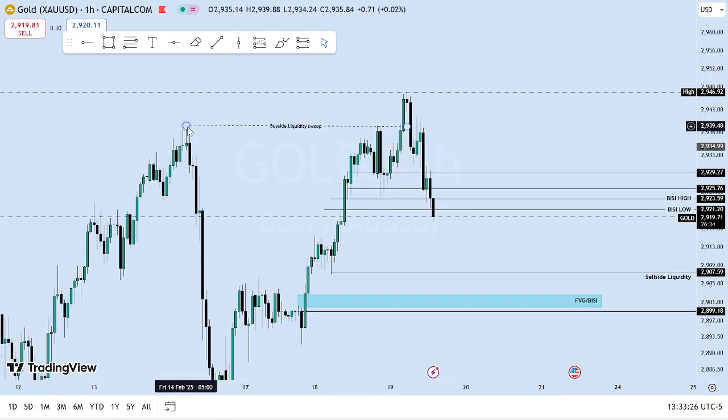After we took out the high of Friday last week and the high of the previous day, that is Tuesday high, we break below and created a fair value gap here. What you are looking after is a high to be taken. That's buy side liquidity or sell side liquidity. Once a liquidity is taken,